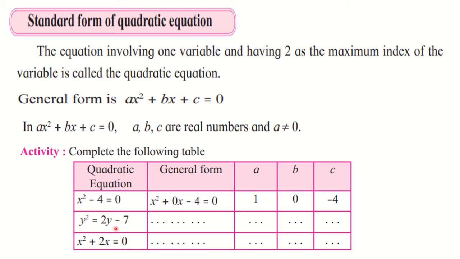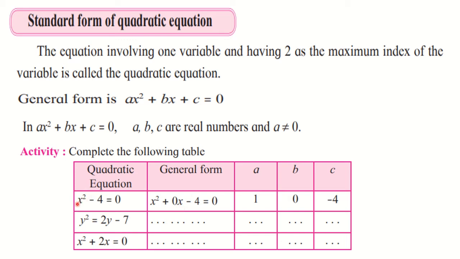See, here some quadratic equations are provided. You have to write them down in general form and then write down the values of a, b and c. Okay. So first equation, x square minus 4 is equal to 0. Here you can observe that the degree is 2. In standard form we have 3 terms, but here you can see only 2 terms are present. One term is missing. So while writing general form or standard form, you write down that missing term.